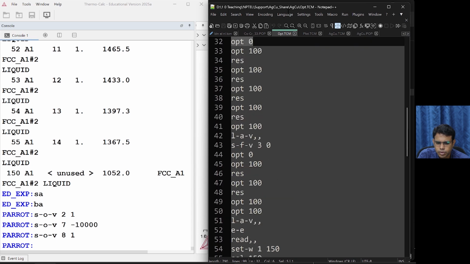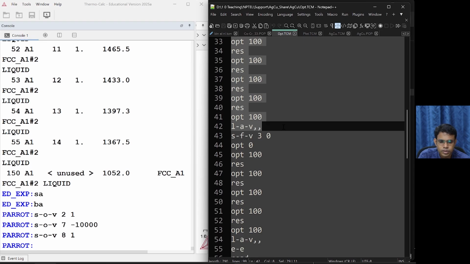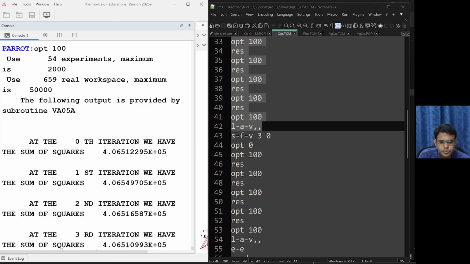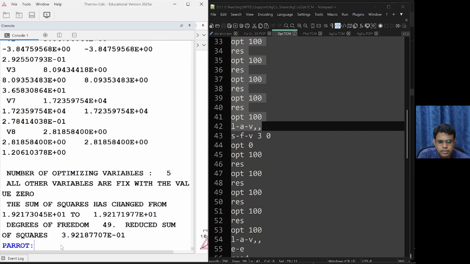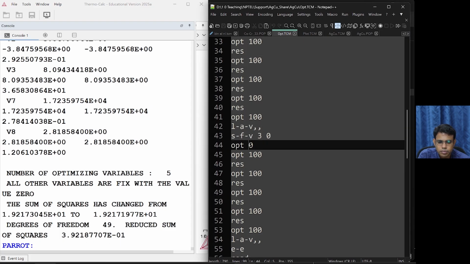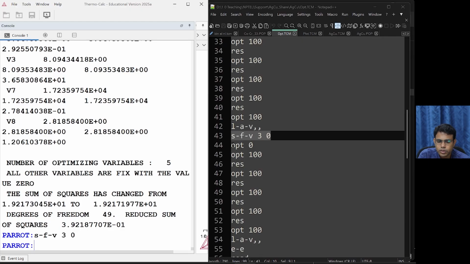I am copying it up to here. Okay, so now you can see sum of squares of error is significantly less. Okay, at this point in time the variable 3 is fixed as 0. Okay. At this point in time you may not know why this particular thing was tried at all, because once you keep doing this optimization you will realize what variable is causing a lot of problem and which one to be fixed at what value, all that you can design and proceed.